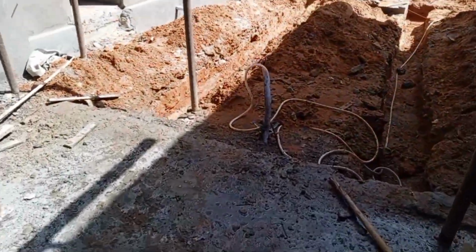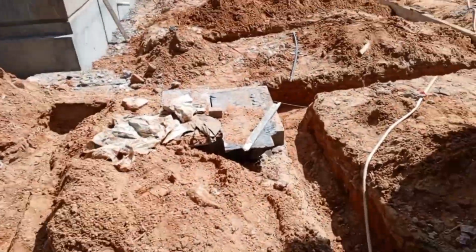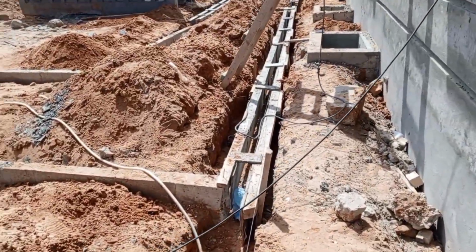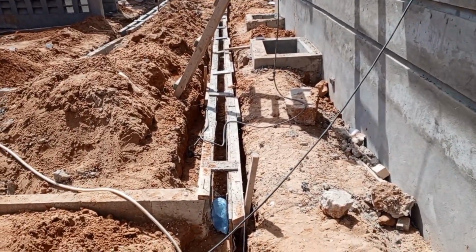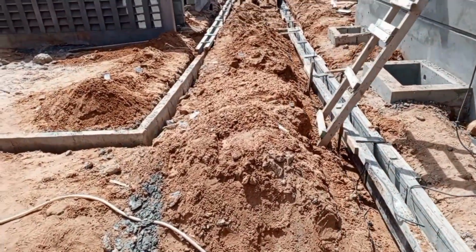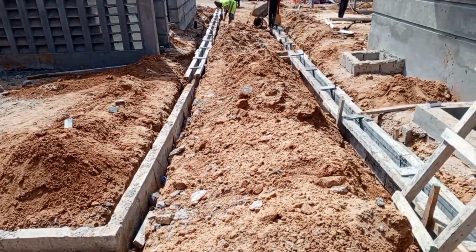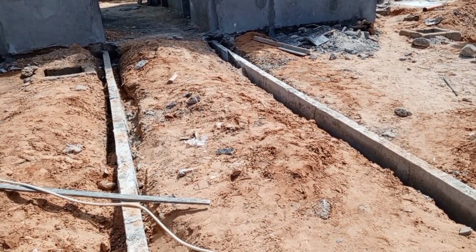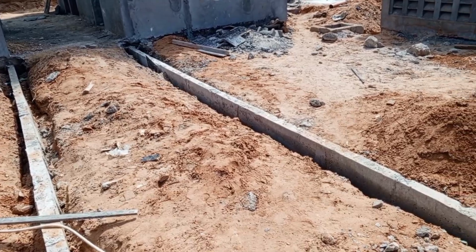So let me show you some of the formwork provision that we have done on site, so that we can cast our in situ channel. You can see this part of the formwork. So that's part of the formwork. Some areas we have already done the casting. So that is it. Hopefully we will come up with a very nice